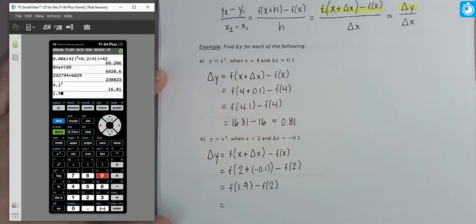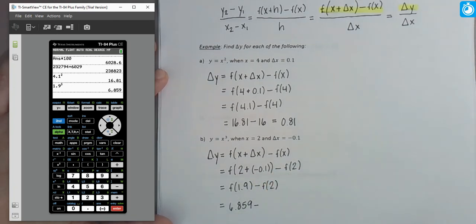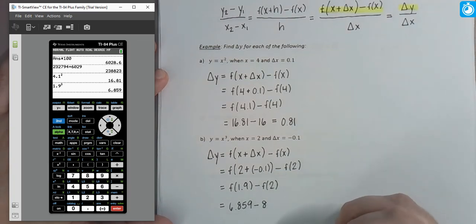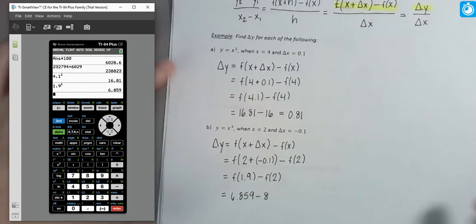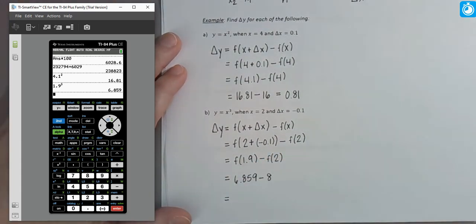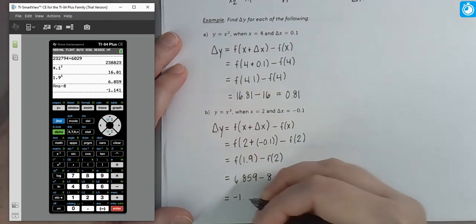So 1.9 raised to the third power, 6.859, don't round. And then f of 2, 2 cubed is going to be 8. So I'm going to take the difference between the two, do that subtraction. So 6.859 minus 8, and that's going to be negative